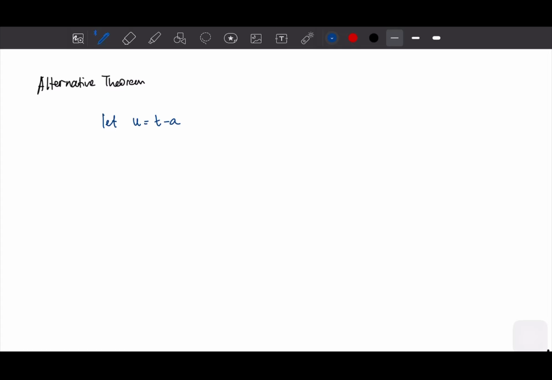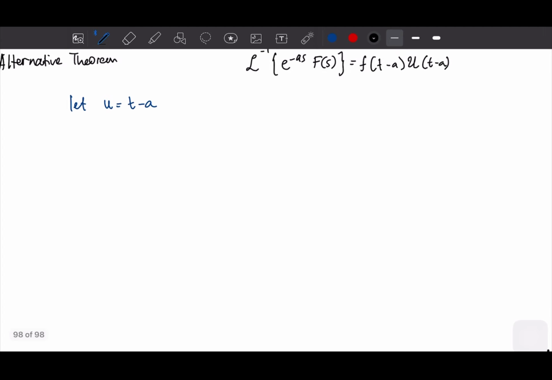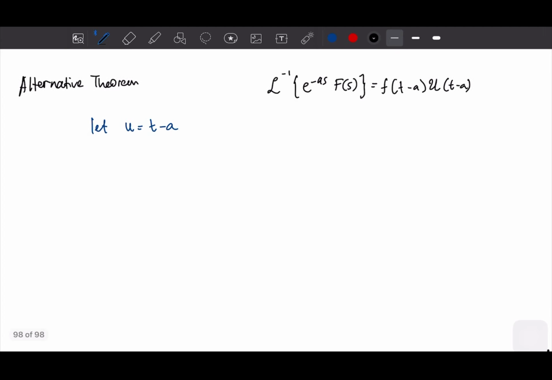Let me first write the previous theorem so that you can compare. Previously we wrote that the Laplace inverse we could write as f of t minus a, and then Heaviside t minus a, right? Now, if we let u be t minus a, we substitute u as t minus a,